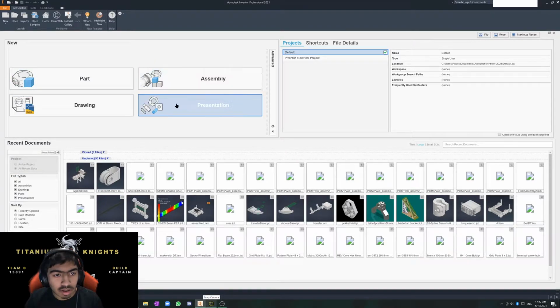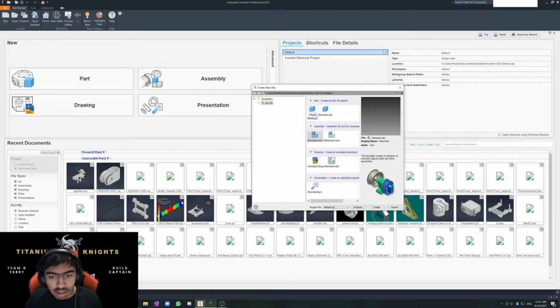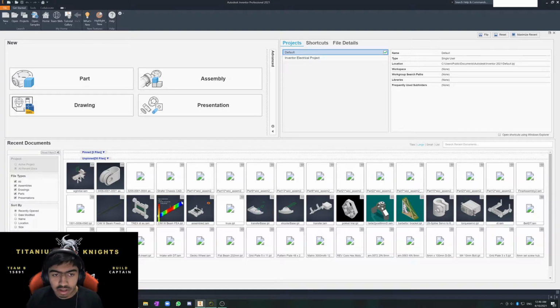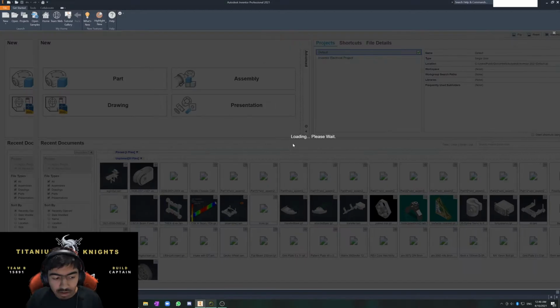If you click part or assembly here, those are the main two you're going to be using for FTC, but any of these will bring you to the respective label. But what I usually do is press new in the top left, and then you get a bunch of other options as well. Since we're making a part today, I'm going to select standard.ipt. You can use this if you're working with sheet metal parts, but we're not doing that at the moment, so I'm just going to press create,